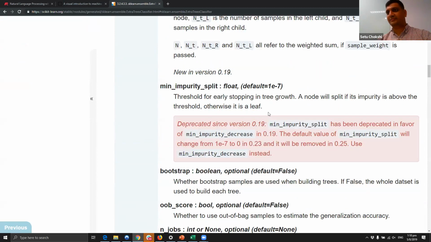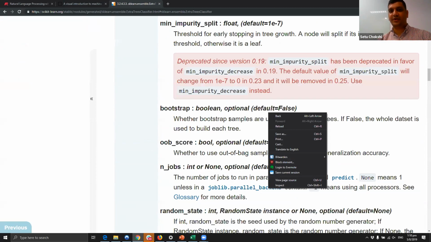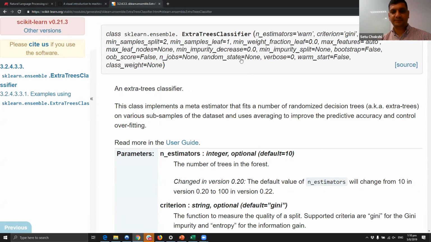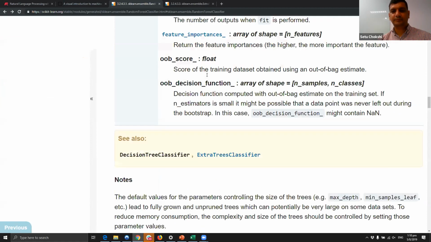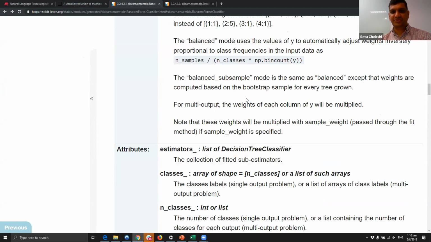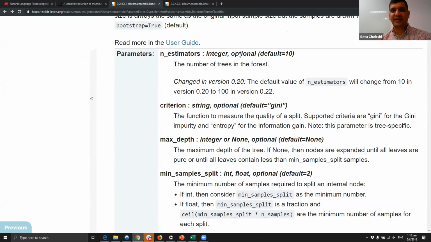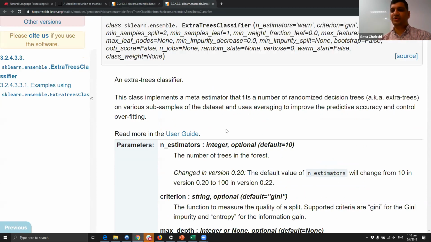So compare it with your random forest, where you had the option. Let me go back and put it on a separate page so that we can cycle between the pages. Right, so my criteria was Gini. I could set up the feature. The only difference with an extra tree classifier is that it's going to use Gini, but the split is going to be random. So that's the difference between a random forest classifier and an extra tree classifier.